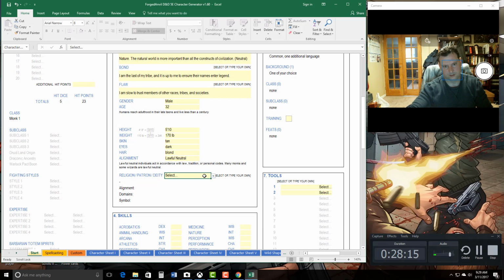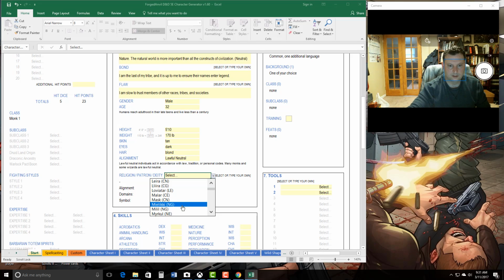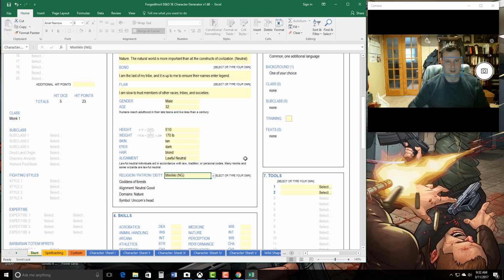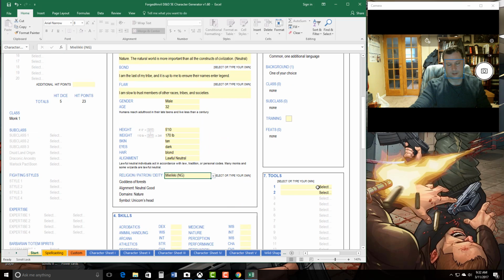Let's see, religion or deity. I think Maliki was the goddess of nature. Let's pause. All right, Maliki, neutral good, goddess of nature. Okay, so that's the one that Drizzt used. That's how I knew it. We're gonna go ahead and